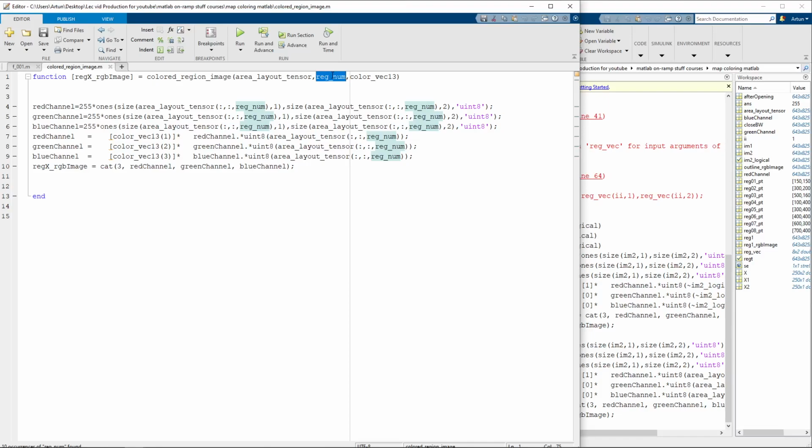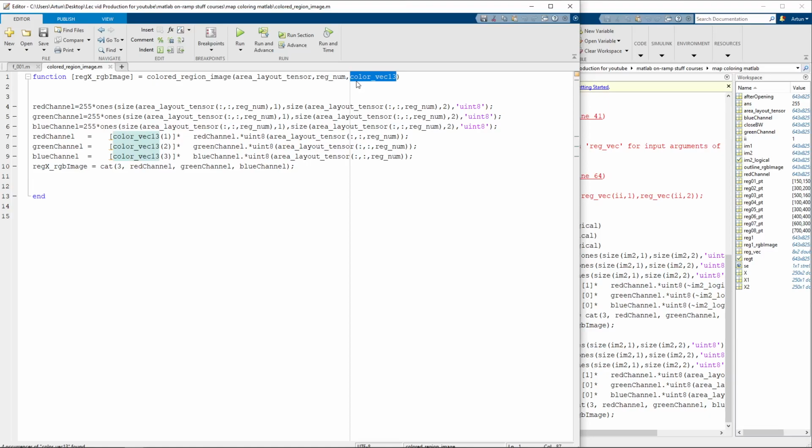Let's say region number 2, for example, and you want to make it blue. That's why we didn't say blue. That would be too restrictive. Why restrictive? Because in the future, and we're going to be looking at that kind of applications as well, you would use